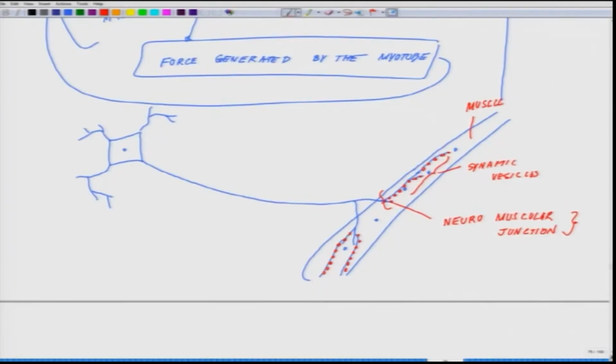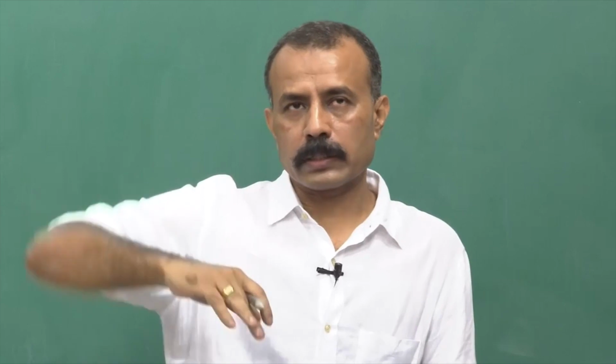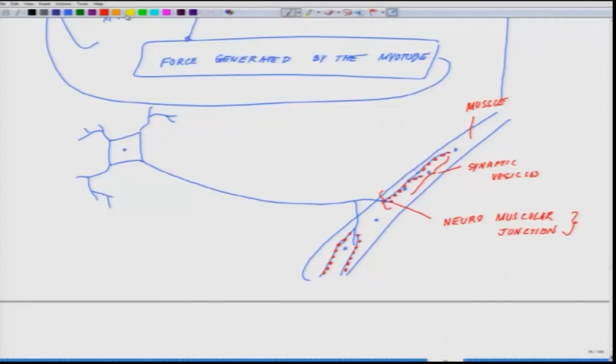If the muscle is not a spontaneously contracting muscle, which most of our muscles are not, the skeletal muscle, then it is the neurotransmitter which is secreted at this zone that kind of decides the force the muscle will generate upon receiving input from the motor neuron. So, having said this,